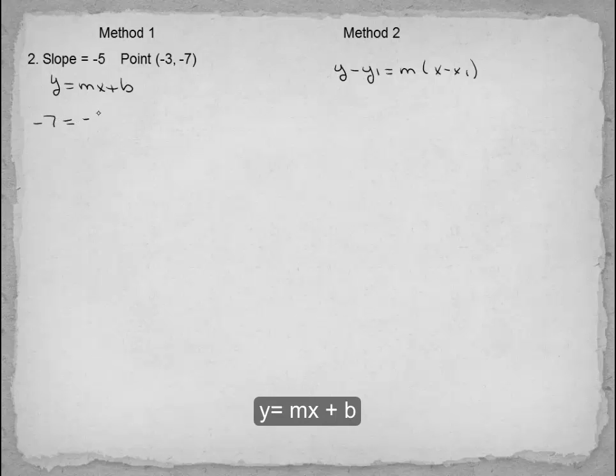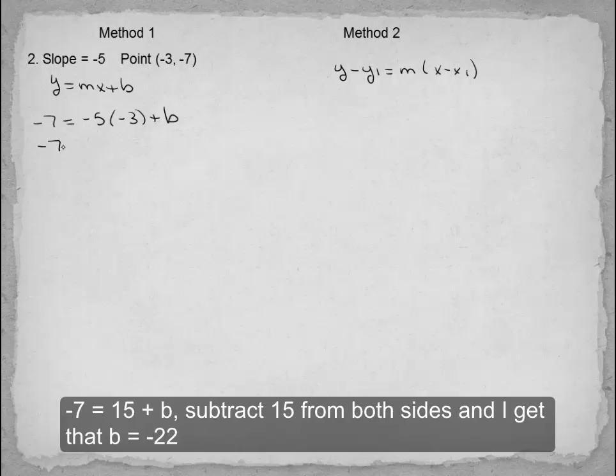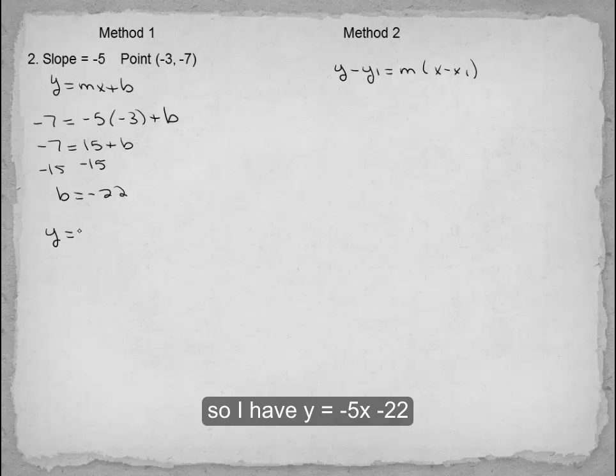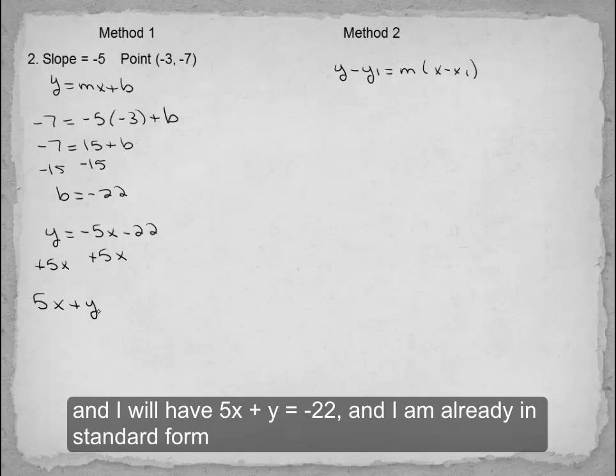y is equal to m times x plus b. Negative 7 is equal to 15 plus b. Subtract 15 from both sides, and I get that b is equal to negative 22. So I have y is equal to negative 5x minus 22. I'll add 5x to both sides, and I will have 5x plus y is equal to negative 22, and I'm